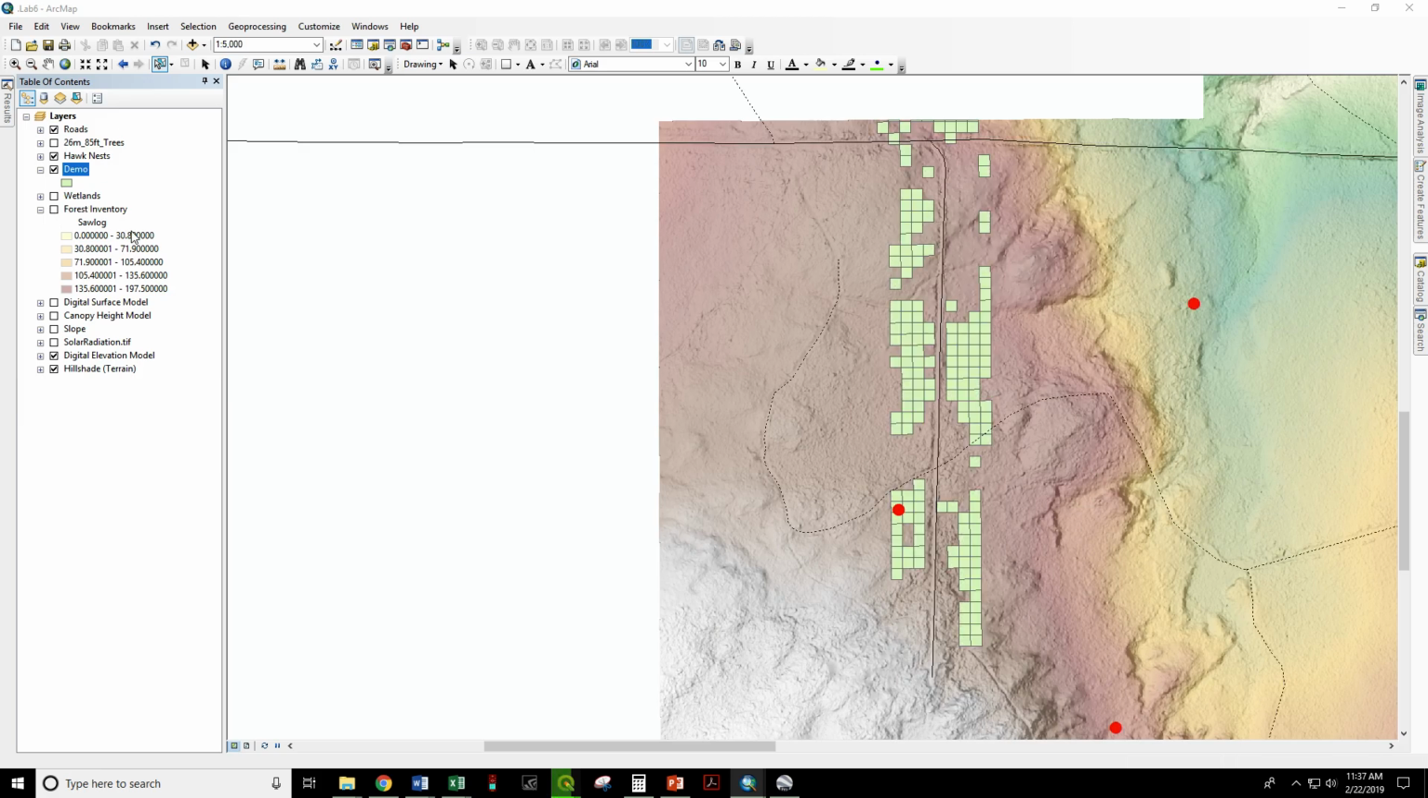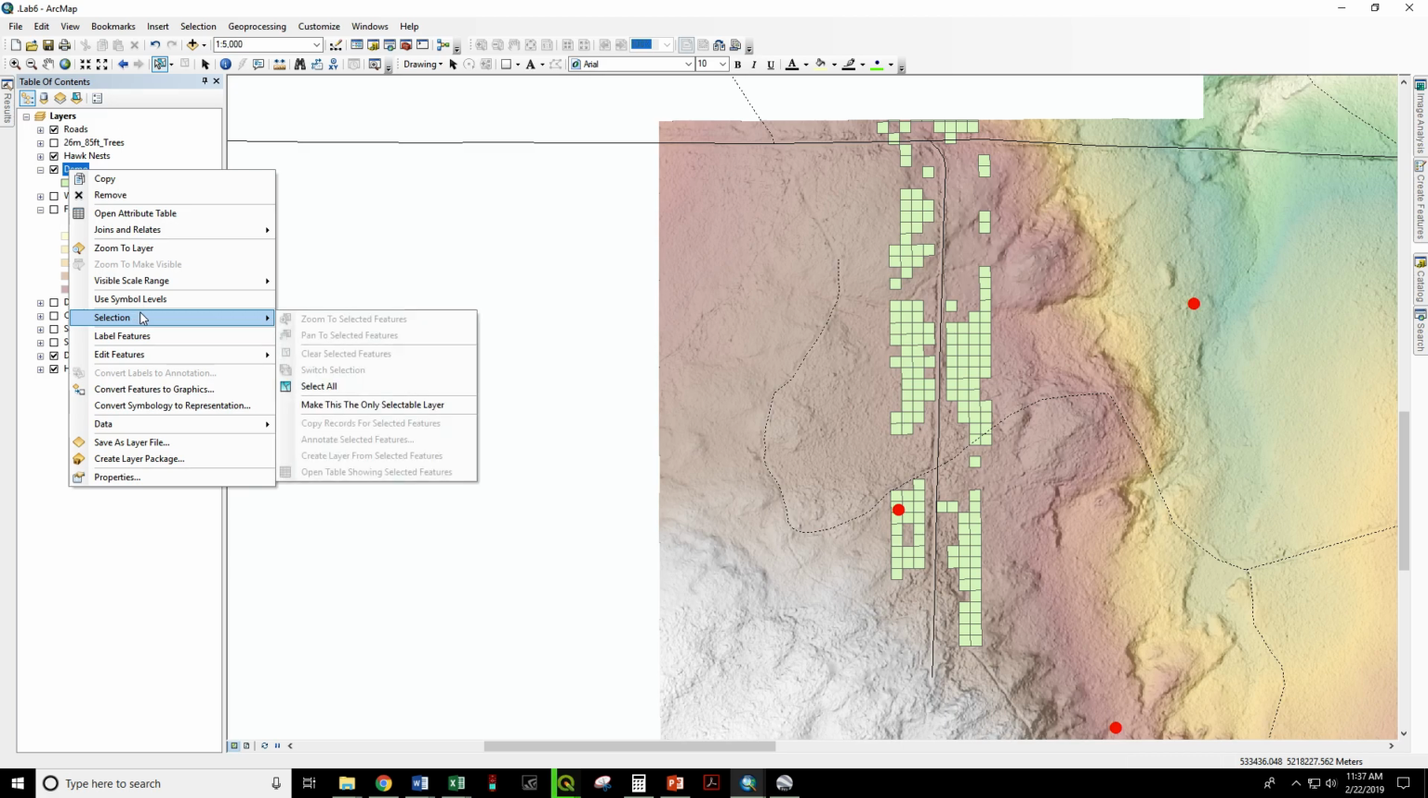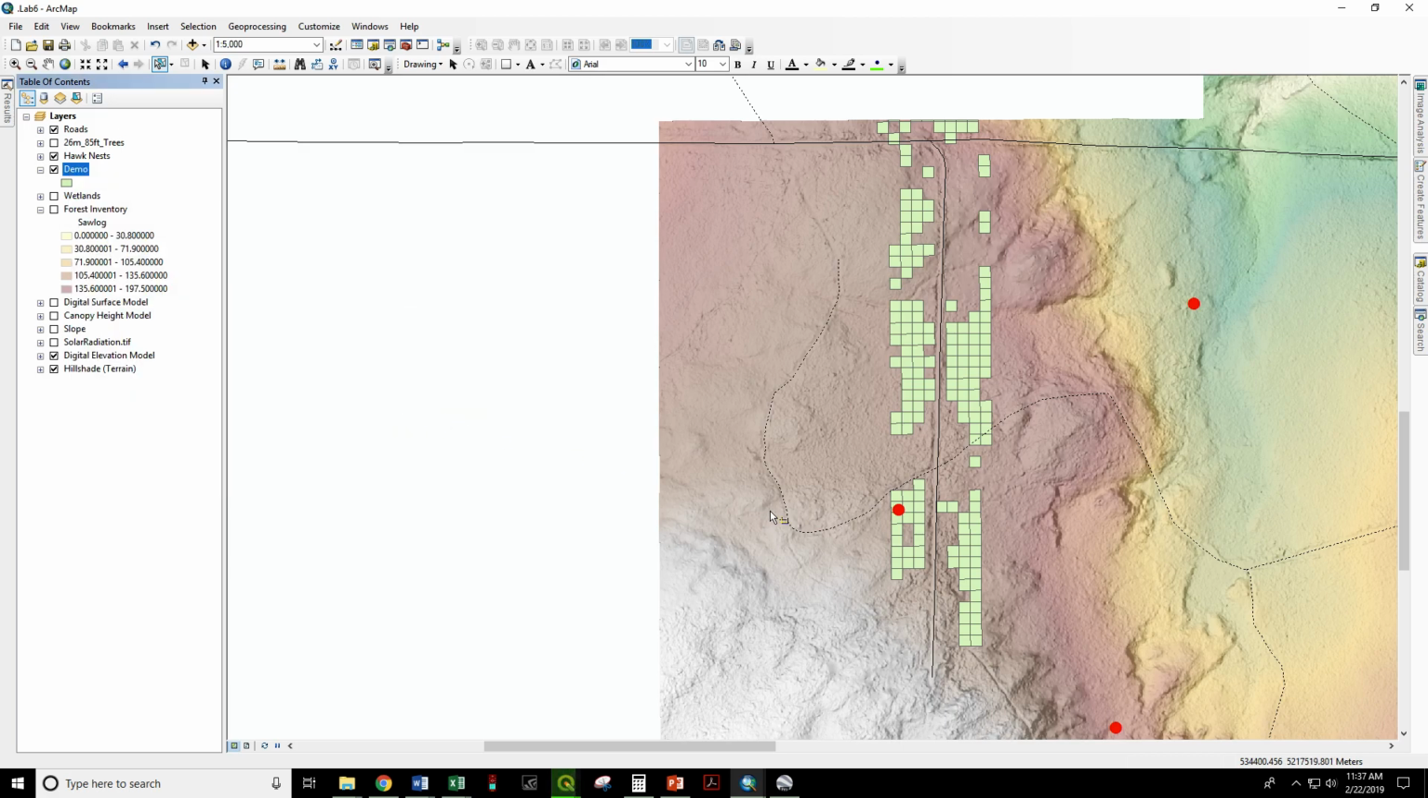I can turn this off. So now we're looking at our hillshade and our elevation layers. And I'm going to make this the only selectable layer. So selection, make this the only selectable layer. So then if I select this, I only get this polygon selected and I don't select the roads or the hawk's nest. So with that done,